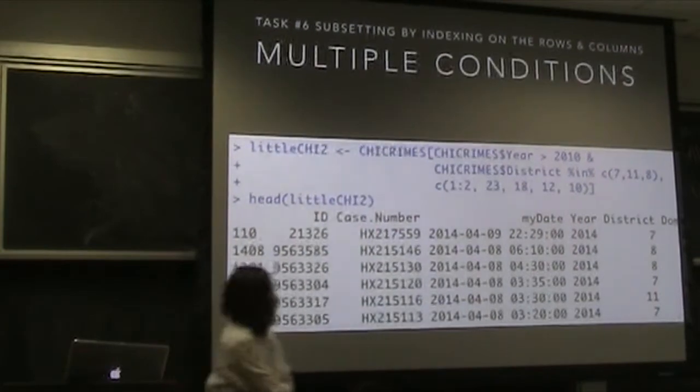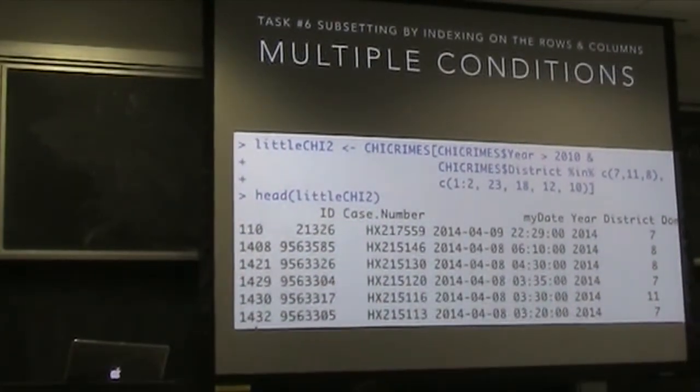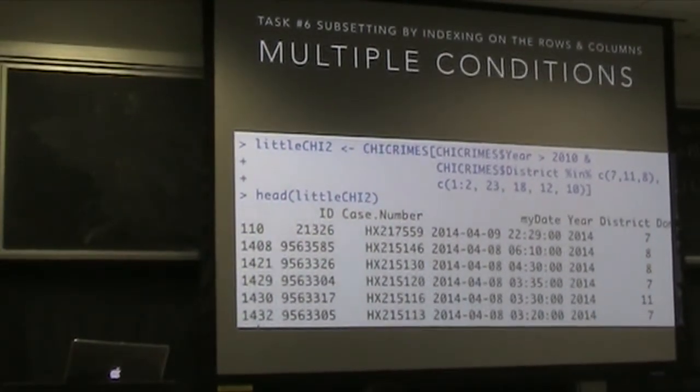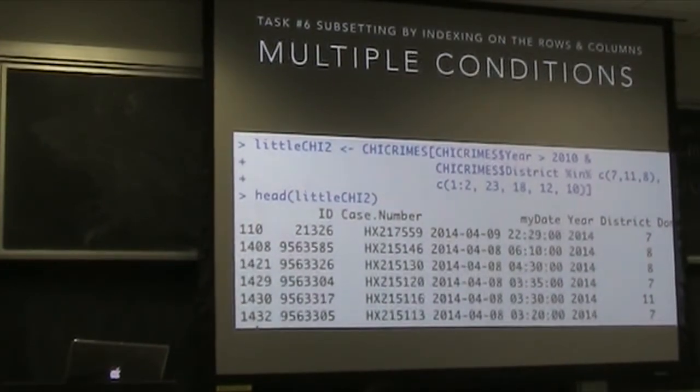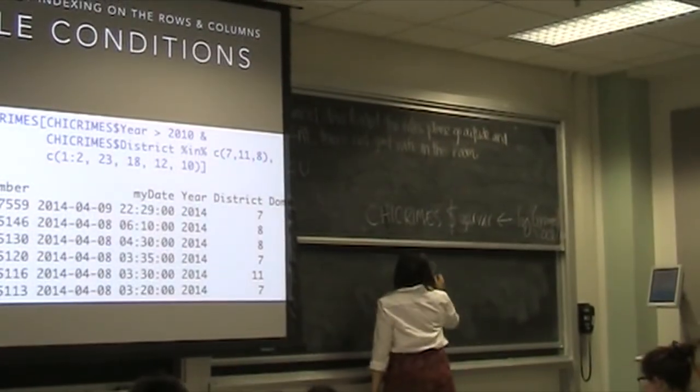All right, the in operator is super handy. I think of it as it has to be in or include. This is useful.